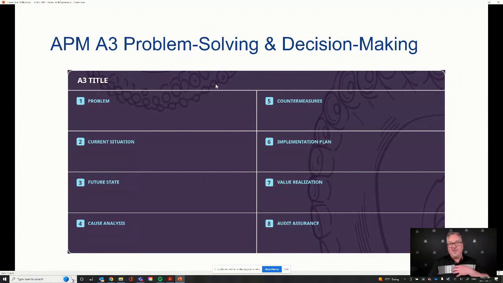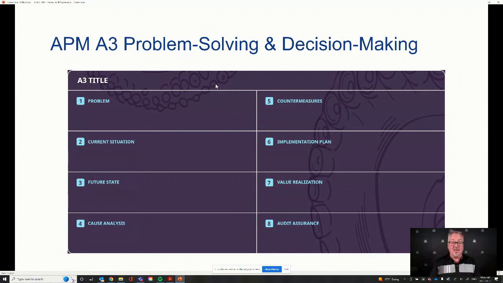And every good decision stems from good problem solving, right? And I'm an engineer myself. I've never met an engineer who didn't think themselves a good problem solver. But the truth is, a lot of us are, and I've been guilty of this, we're just solutioners, right? We see a problem, and we jump to our favorite solution and promote that, which isn't always the best course of action. So I promote very simple and effective problem solving using the A3 methodology, which some of the audience may recognize from the Toyota way.